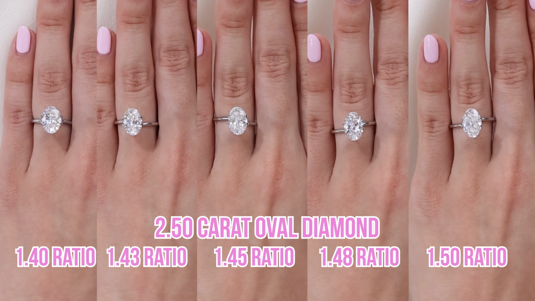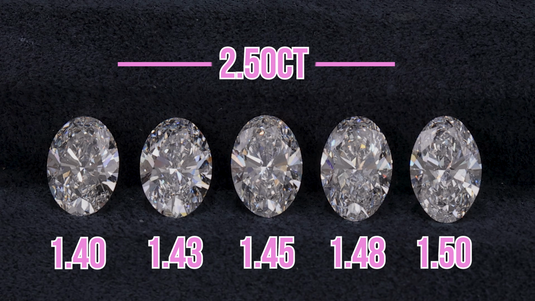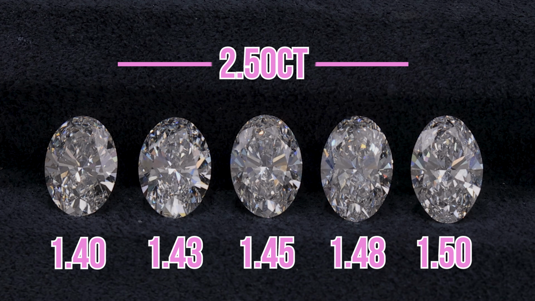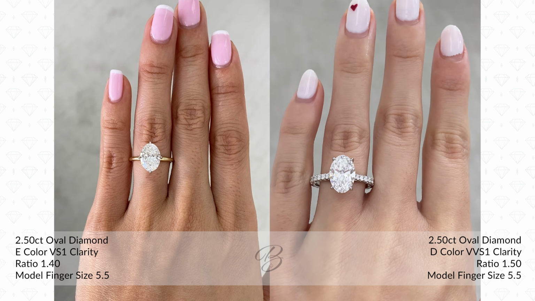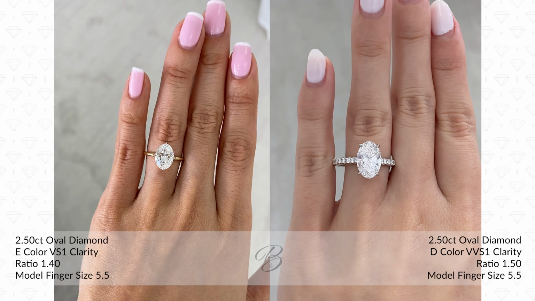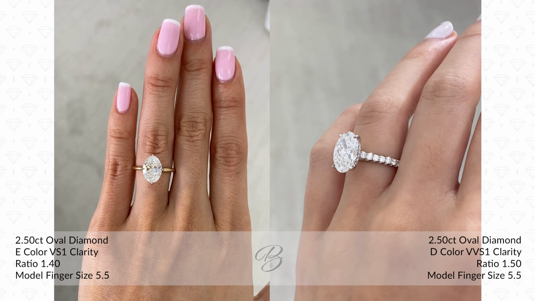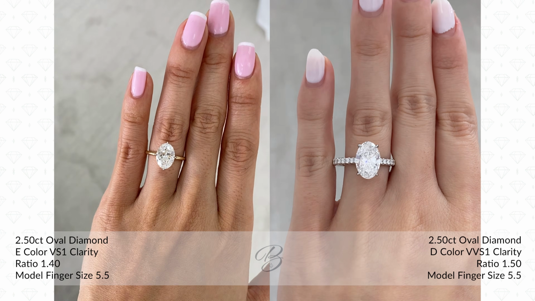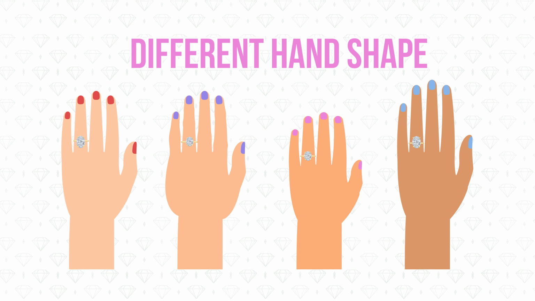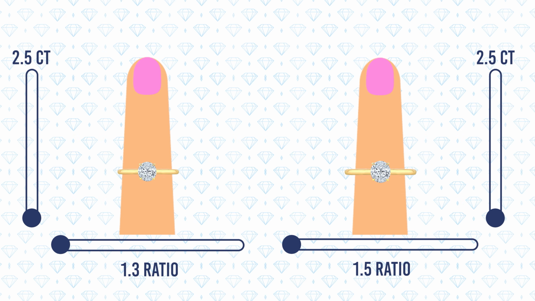So you're thinking, okay, what does this all mean? I'm about to show you a layout of 5 diamonds that are all 2.5 carat, between the ratio of 1.4 to 1.5. And now you're thinking, what is the difference? How does this apply to me? Well, if you're buying a 2.5 carat diamond of the same carat weight, a 1.4 ratio is going to look shorter than 1.5. Even though there's not such a thing as an ideal cut, because everybody has a different shape of hand, the biggest pointer that I give people is to try to avoid oval diamonds that are